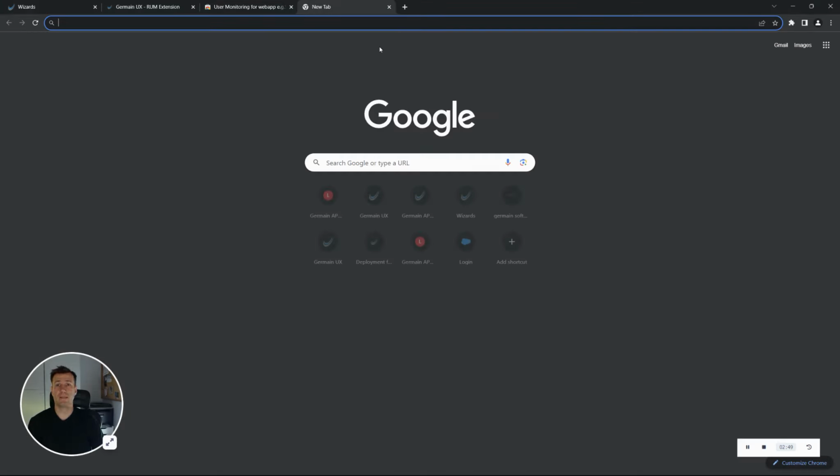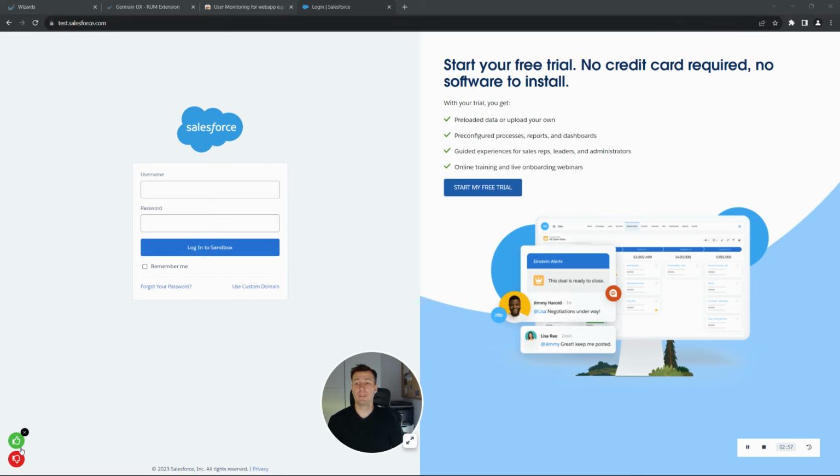All right, we are at this test.salesforce.com. As you can see here, the Germain UX user feedback feature has been enabled and has been injected on this page. That means this page has our extension correctly installed and real user monitoring is working for this website. That also means each time you hit that URL, our monitoring will start and this session is going to be recorded. Okay, these steps show you how to configure it quickly for just one browser, one session, and it can